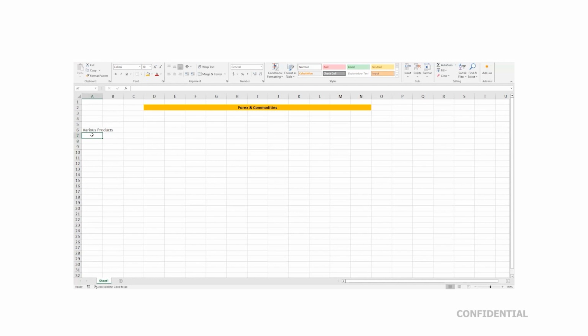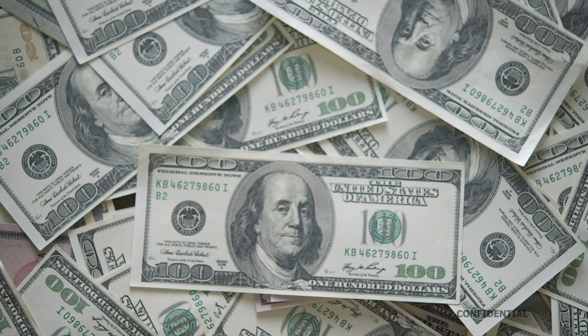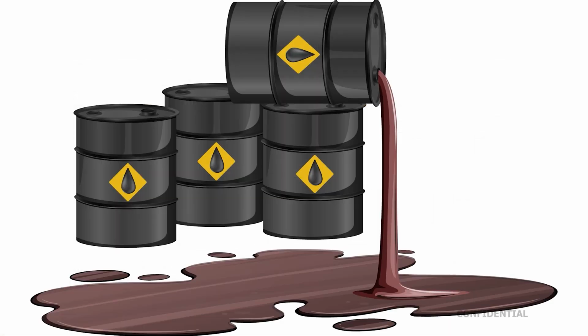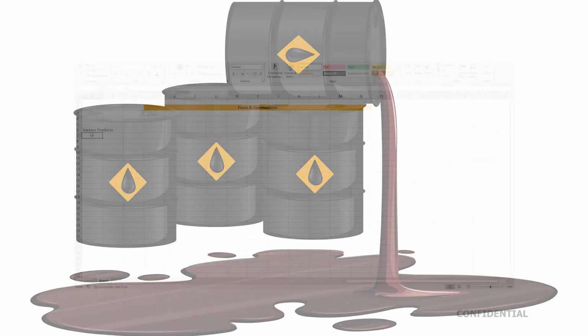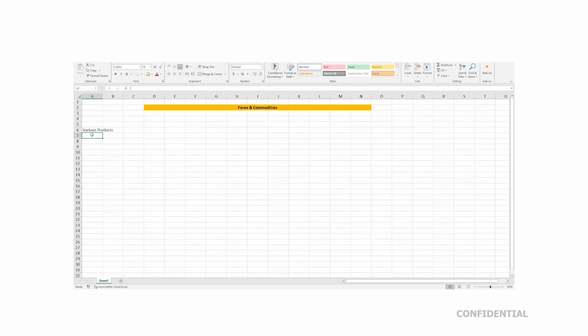The strategy that might be used in Nifty and Bank Nifty option buying may or may not be used in the same way in USD INR, or in gold, or in silver, or in crude oil. So the products can be different. These are the thought processes also that we are going to discuss. So here we will be talking about various types of products. Then we will be talking about